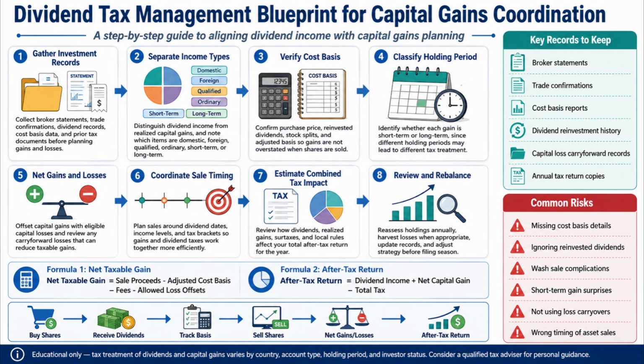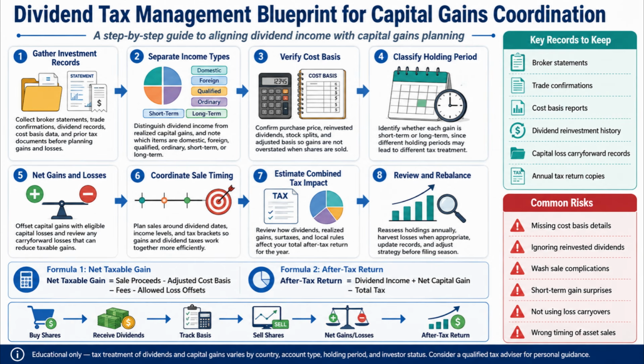In this video, we will discuss the Dividend Tax Management Blueprint for capital gains coordination. When investors receive dividends and also sell investments for gains or losses, both parts can affect the final tax result. That is why dividend tax management should not be planned separately from capital gains. A clear coordination blueprint helps investors understand dividend income, realized gains, losses, timing, cost basis, and after-tax return in one